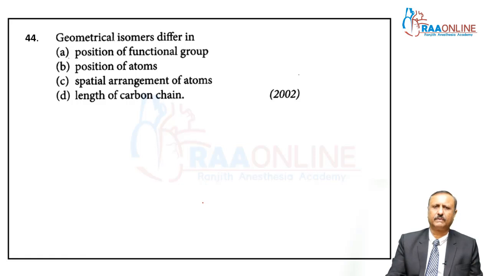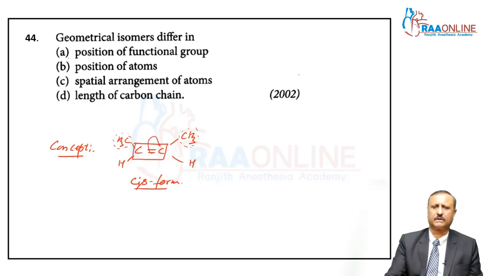In question number 44, geometrical isomers differ in. My dear friends, what is the geometrical isomerism concept? When you get here this CH3 group, here this is hydrogen, this is CH3 and this is hydrogen. When a double bond is present between the carbon-carbon atoms, and in each carbon atom at least one side has the same groups and different groups are present in a single carbon atom. Here A, B different groups are present in a single carbon atom. My dear students, when same groups are present on a single side, then it is called cis form. And